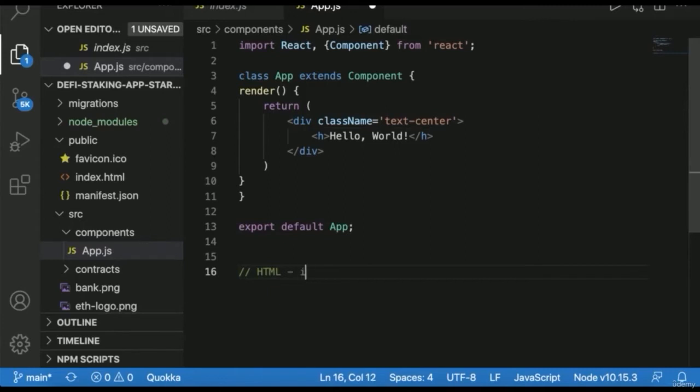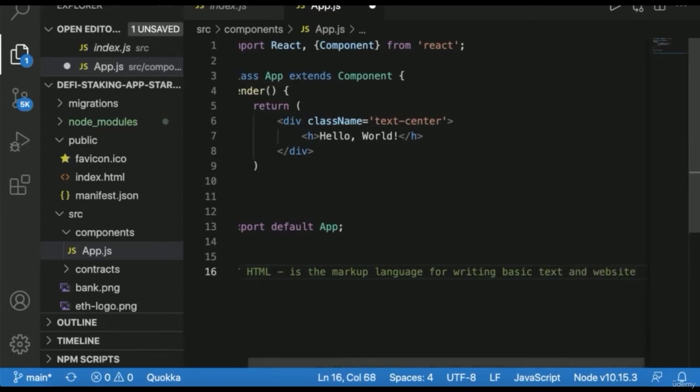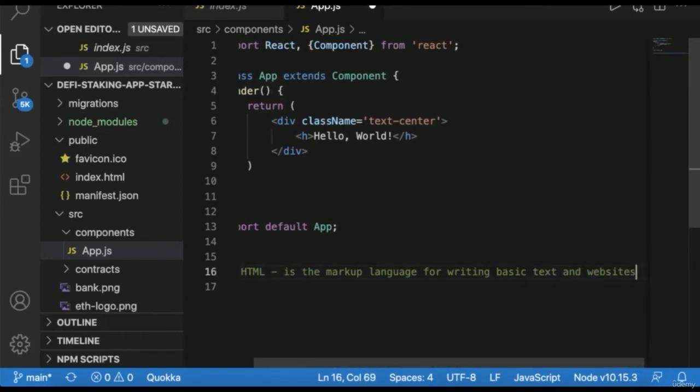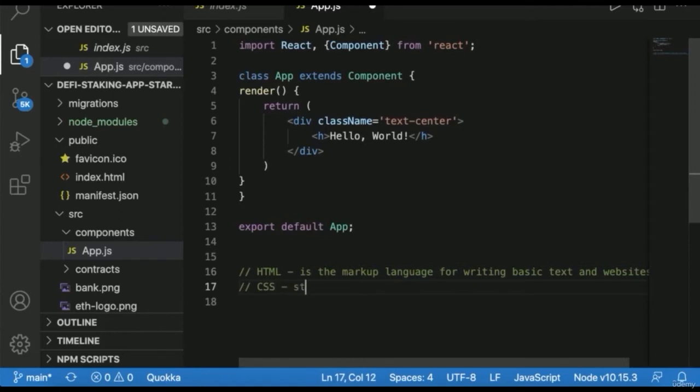HTML is the markup language for writing basic text and structure on a website. Whereas CSS styles the website. So colors, fonts, sizes, all of that stuff. Okay, and then JavaScript